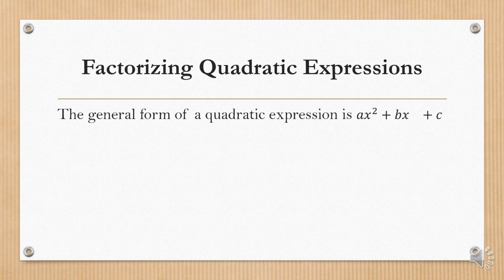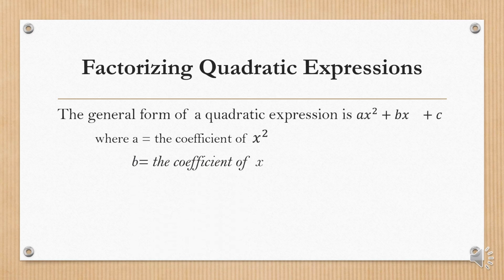Now, the general form of a quadratic expression is ax squared plus bx plus c, where a is the coefficient of x squared, b the coefficient of x, and c the constant term. So if I have this quadratic, I have 2x squared plus 5x